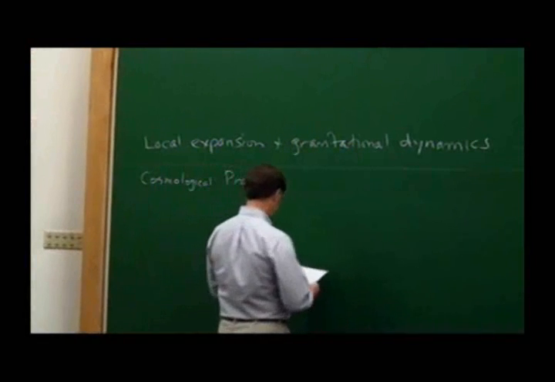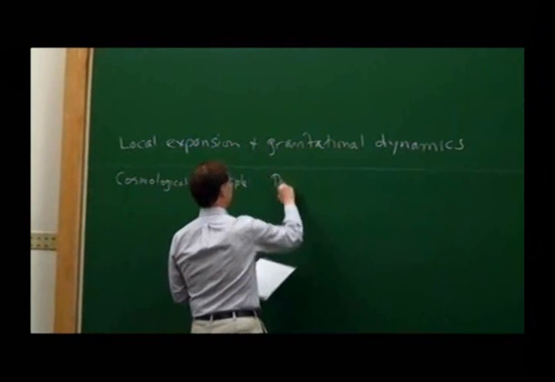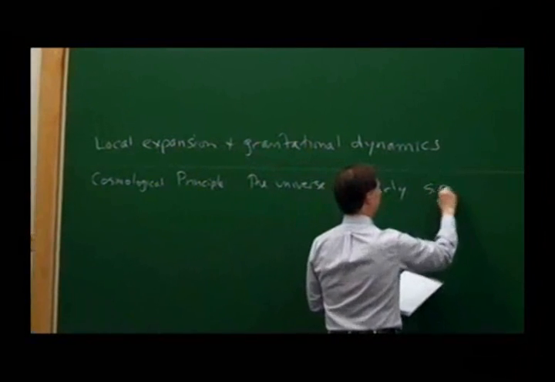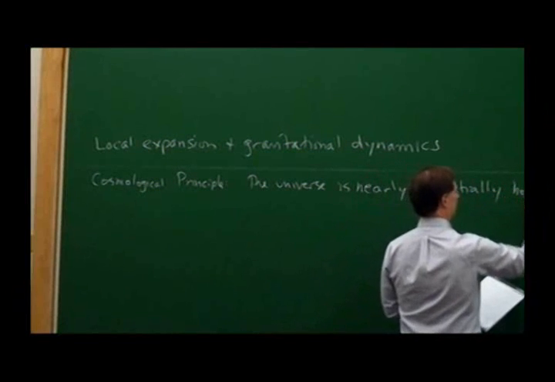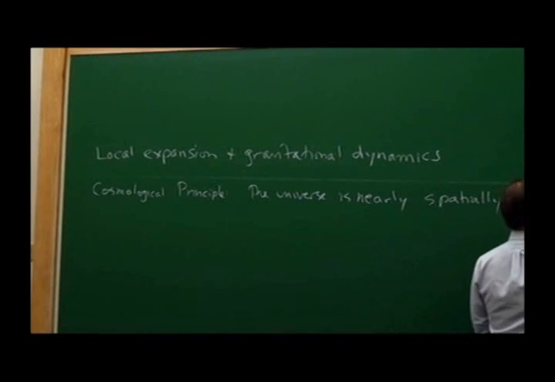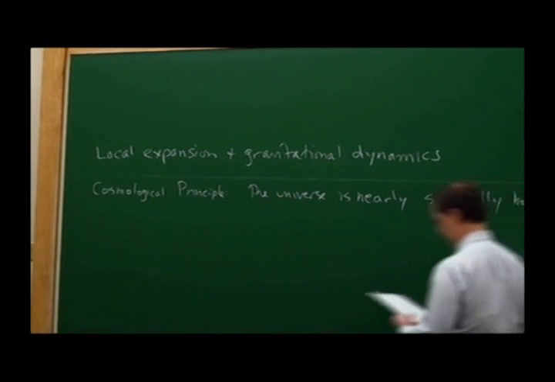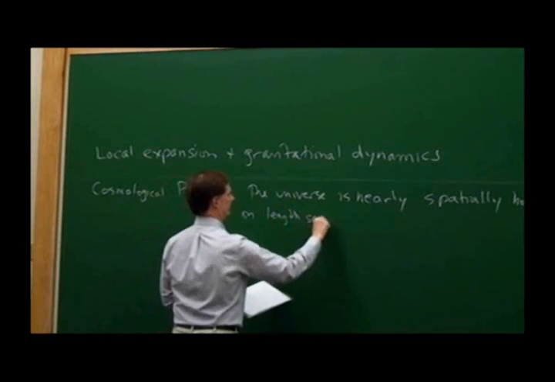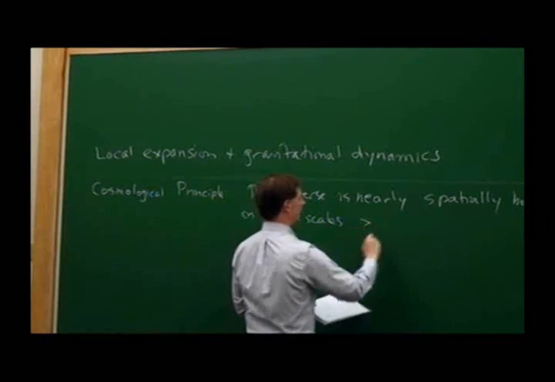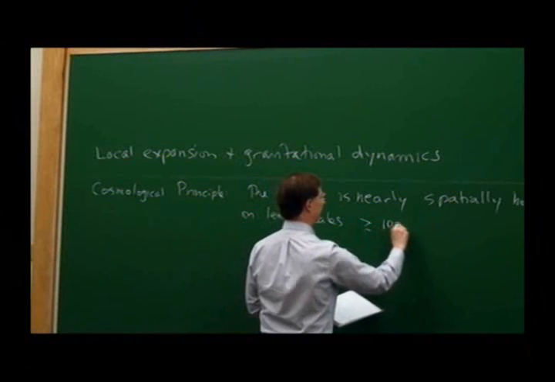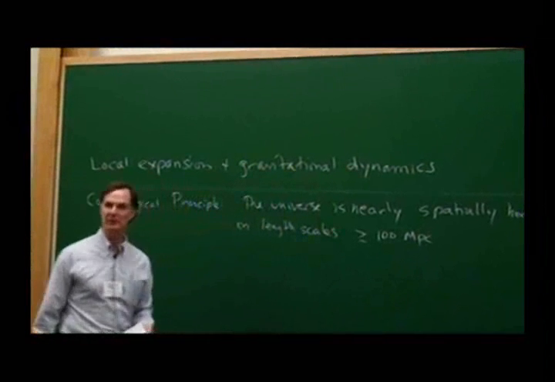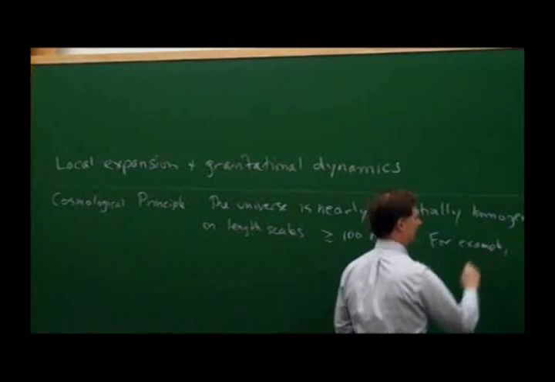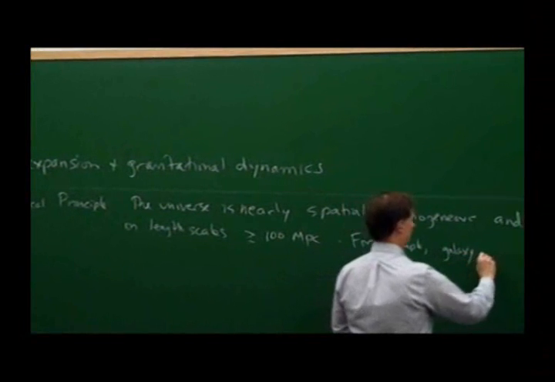And the statement is that the universe is nearly spatially homogeneous and isotropic on length scales sufficiently large, and I can take greater than or about 100 megaparsecs as a typical length scale. For example, galaxy number densities